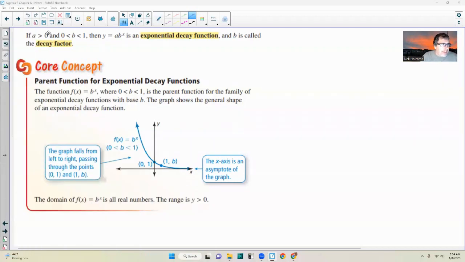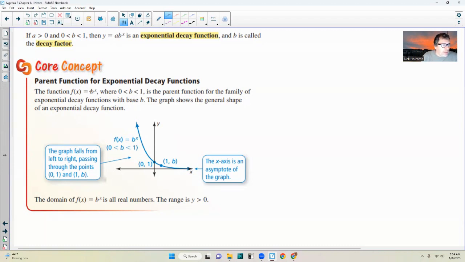Okay, so now let's take a look at the other. If a is positive and b is between 0 and 1, all right, b can't be negative, but it could be a fraction, like a half, then y equals a times b to the x is an exponential decay function, and b is called the decay factor. Okay, so parent function of the exponential decay function: the function f of x equals b to the x,